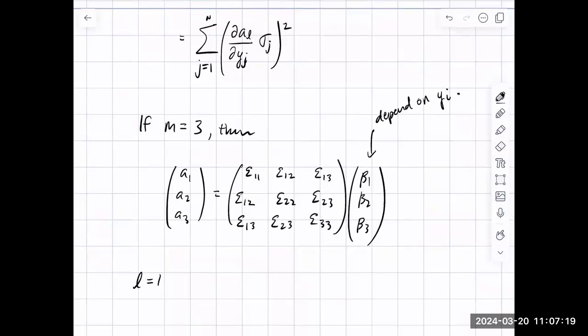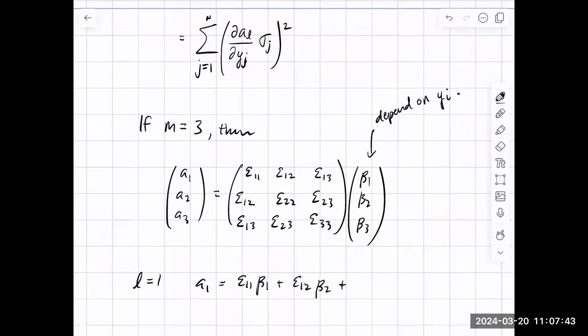We're going to find A1. We just have to do this matrix multiplication, and A1 would be equal to epsilon 1,1 times beta 1 plus epsilon 1,2 times beta 2